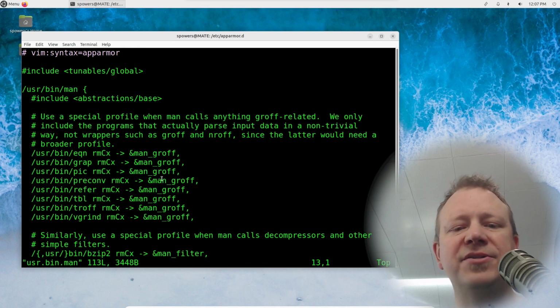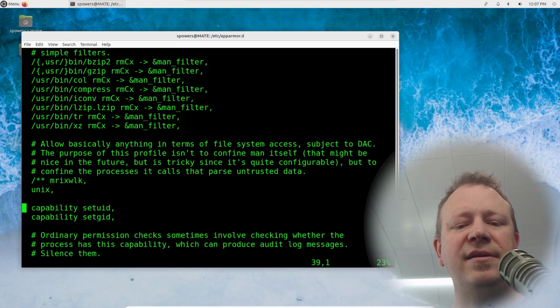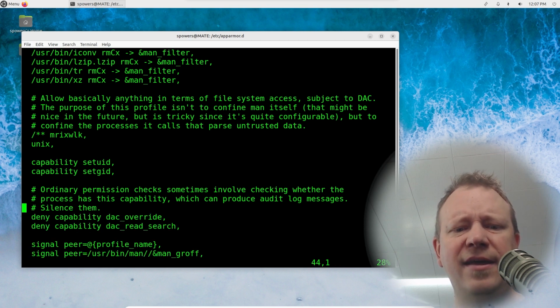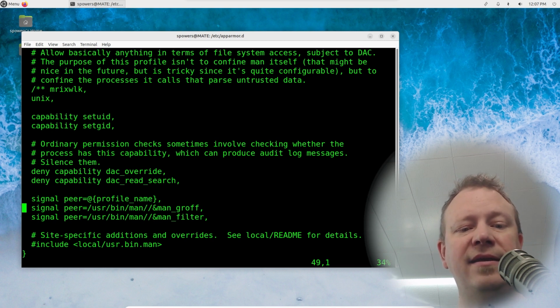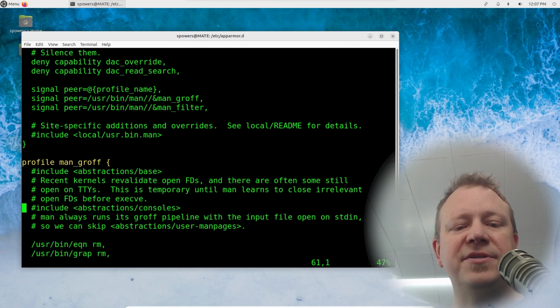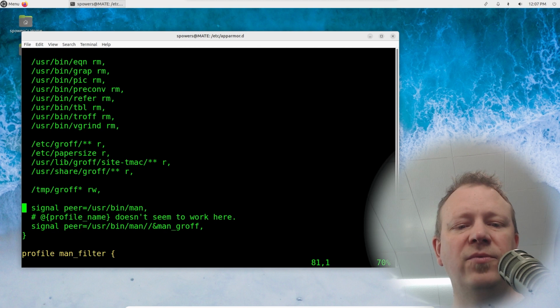Now, we're not going to cover all of these things, but these are basically permissions that it has for individual files on the system, like Unix ports. Like what capabilities does it have? Can it do setuid, setgid, which we're going to cover, I think, in the next video. You can deny or allow things. So you can deny it to do a DAC override, and so on. There are all these things. We're not going to get too deep into it, so don't worry too much about what all this means.